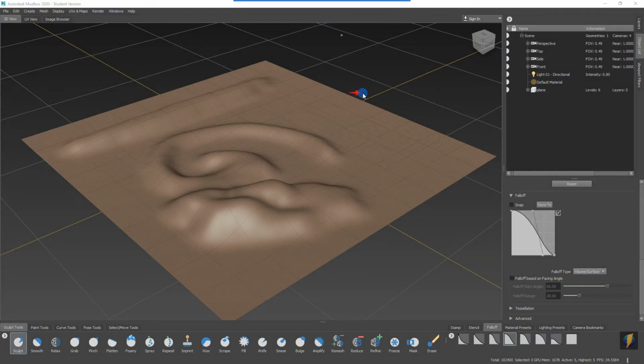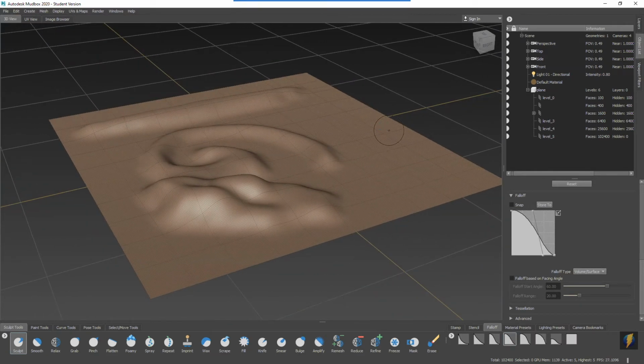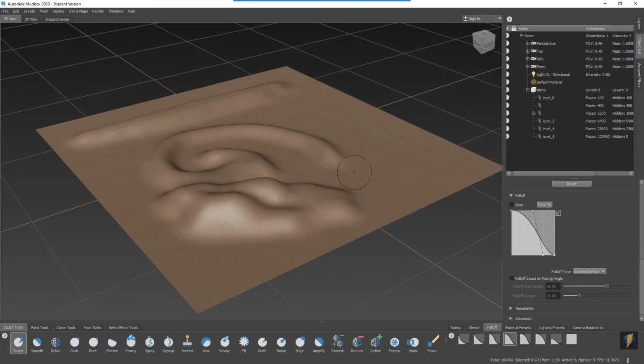Let's take a look once again here in our object list. This is our plane, and you'll notice that there is a plus icon next to it. If I expand that, I'll see all the different levels that I have for this mesh. So even though we've upped the resolution, we're still able to work with this polygon plane at any one of these different levels. Now, the way I can go back down to some of these lower levels is to go to Mesh,